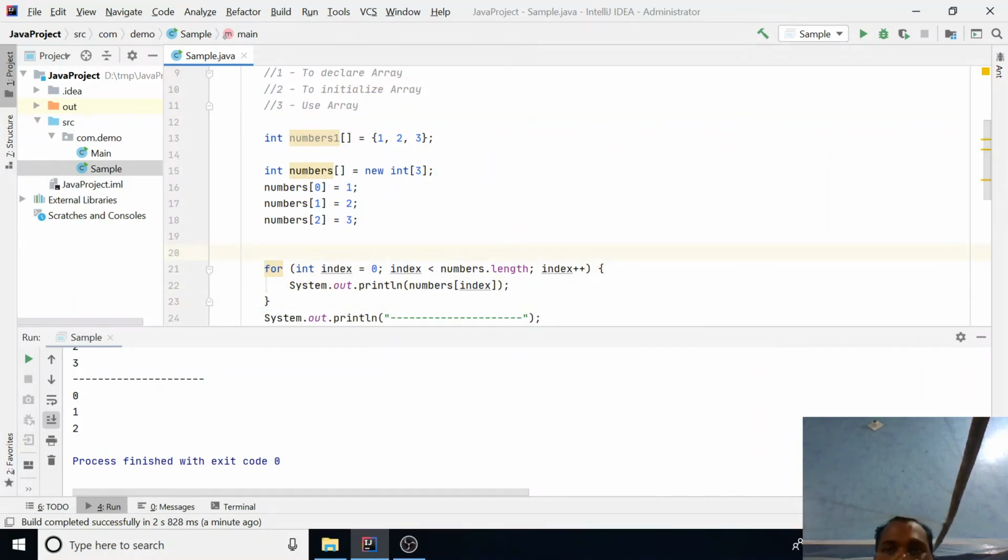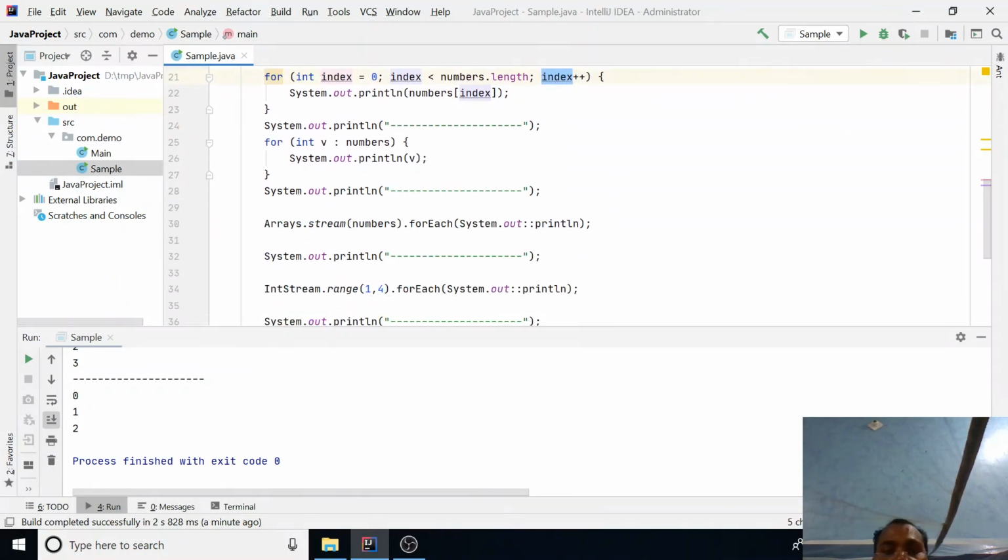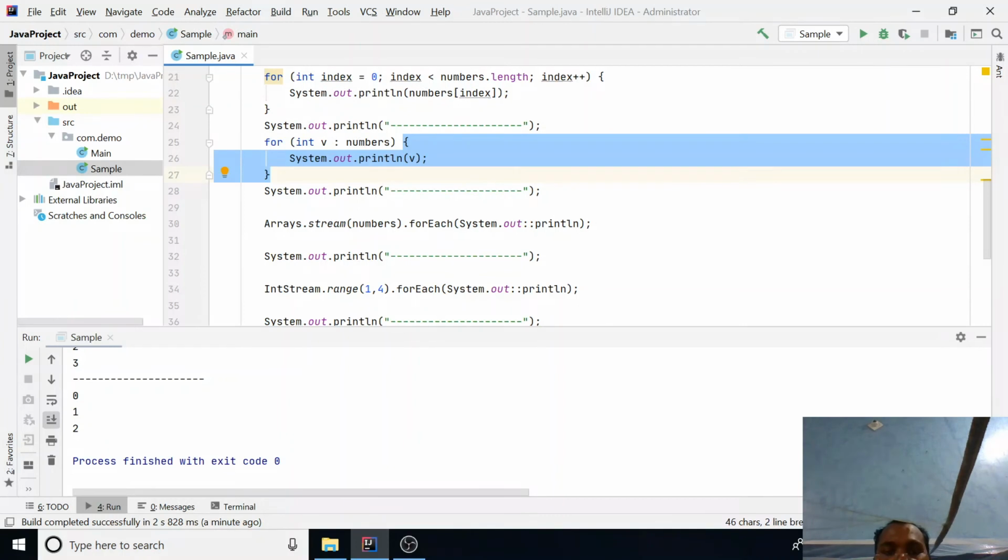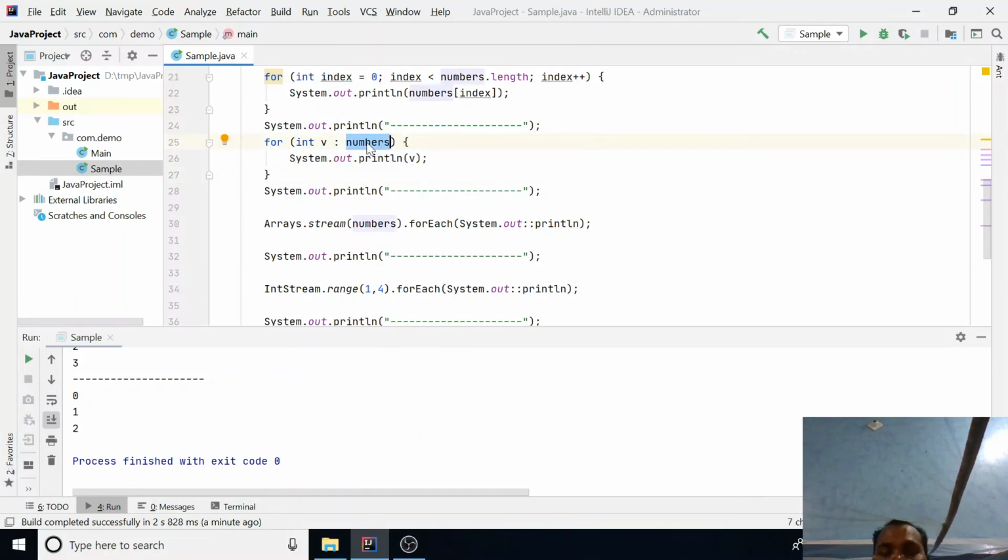We have a list of numbers, an array, and here we are going to iterate. The first approach is the basic approach. Here we follow the for loop syntax: the initialization part, your condition part, the increment or decrement part, and the body. The second way is the enhanced for loop. You specify your array name, and from this array you take the values: v1 is the first value, then the next value, then the second value, and a third value. In this way we get the values.